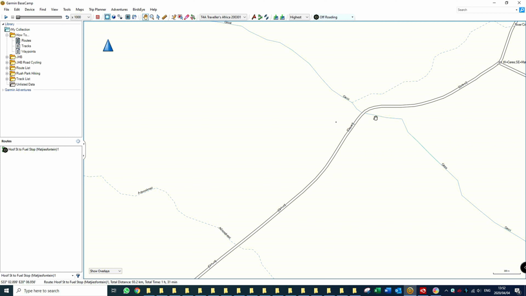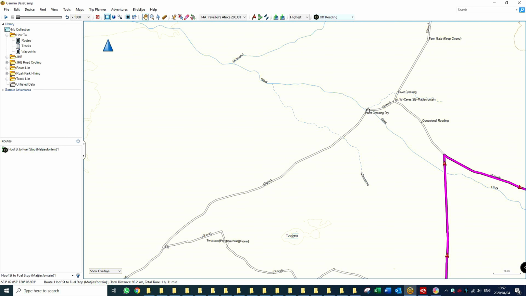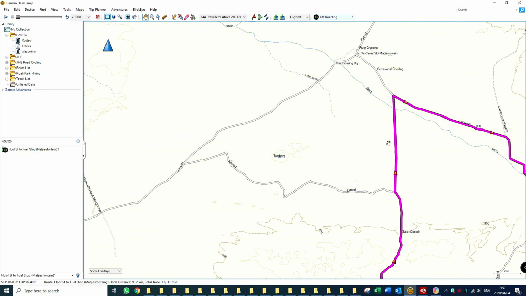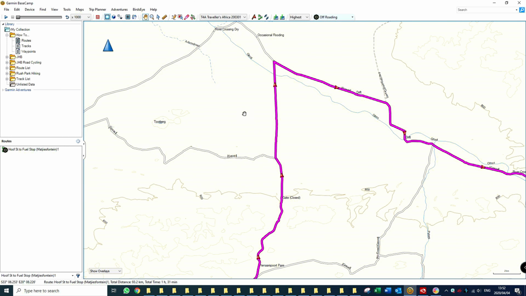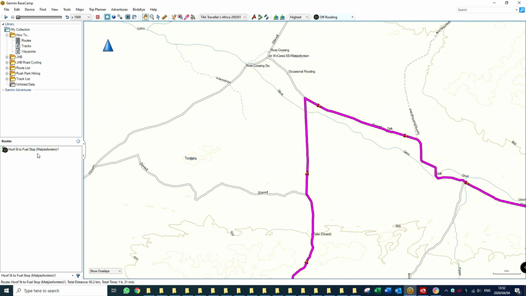So I'm really keen to go and cross the Groot Rivier here, which implies that I have to change a piece of my route. This is where the value of the little points come in, the drop points that you've used when you created the route initially. And how to edit it is quite simple. You click on the route, make sure that it's selected. You go to the move point